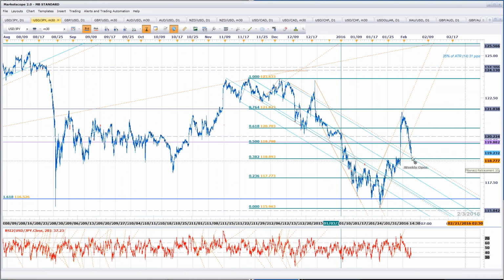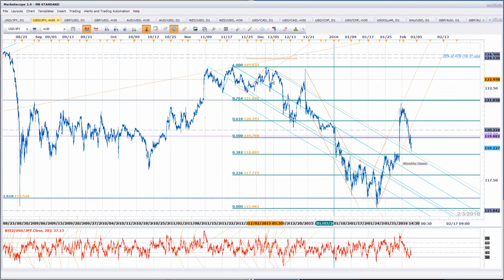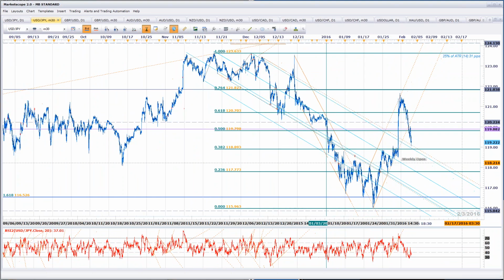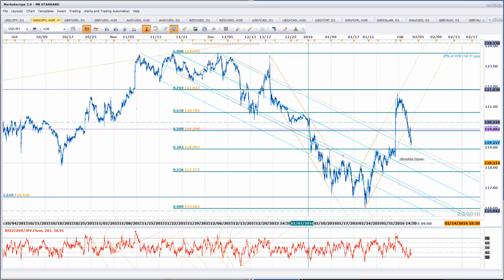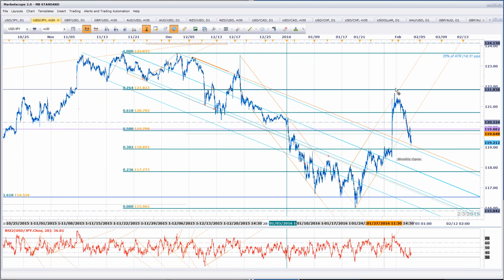Yeah, same deal. So that slope, former resistance, now support. And again, just tack on that retracement over the low to find the near-term targets, but feel free to take a snapshot of this if you need. If anything, I'd be looking for settling near 118.90, 118.70, this region here. I'd be looking for some sort of settle, maybe some long triggers